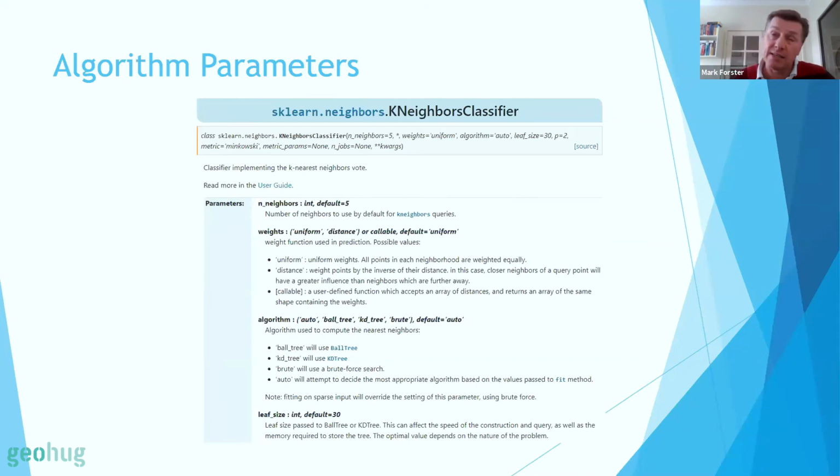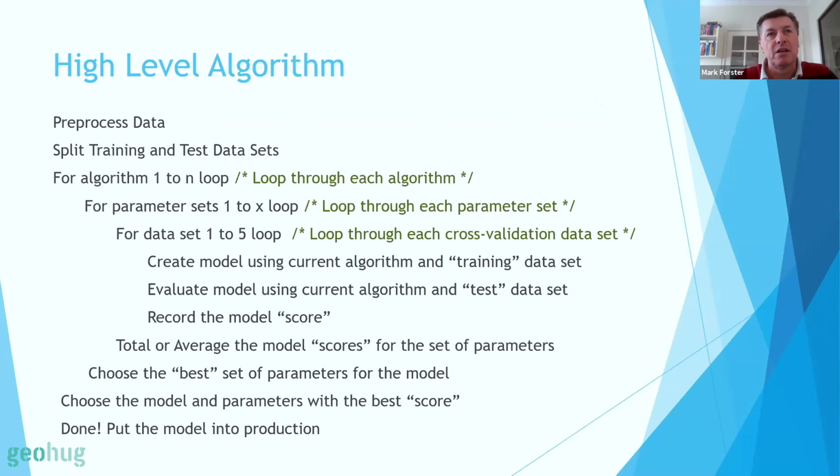So you can see what ends up happening is we end up evaluating hundreds of different combinations of models, parameters, and randomized data sets. To wrap it up in terms of a high-level algorithm that works really well in the machine learning data spaces, your first step is to pre-process your data. You split your training and test data sets. You don't actually do it here; you would do it in this loop somewhere, but I'll put it in there.